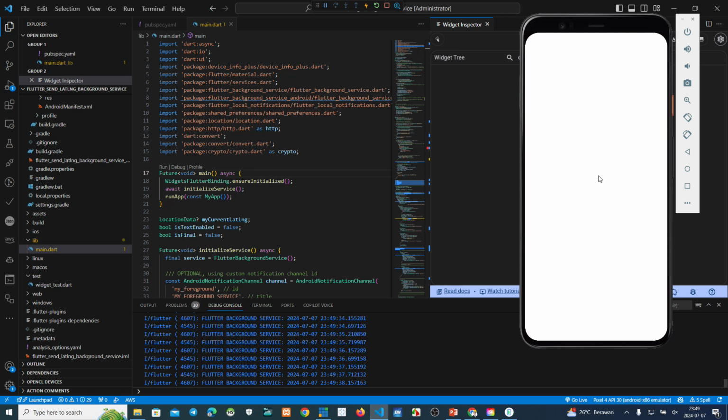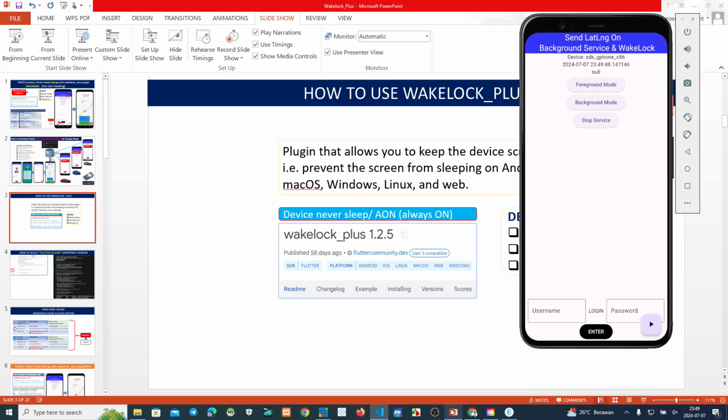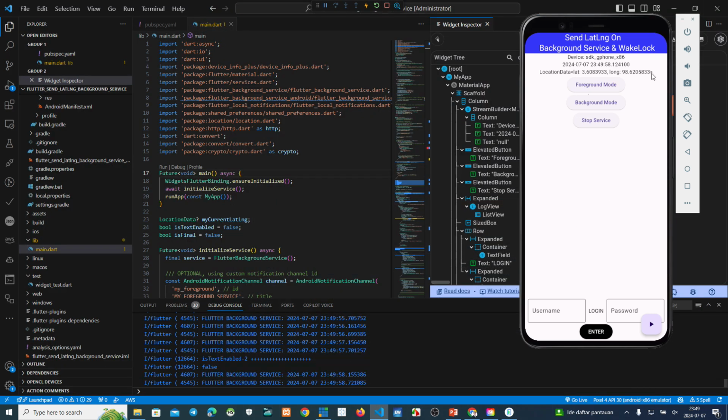Okay, where is the result? Okay, this one. This is the previous project. You can see this one without the switch.